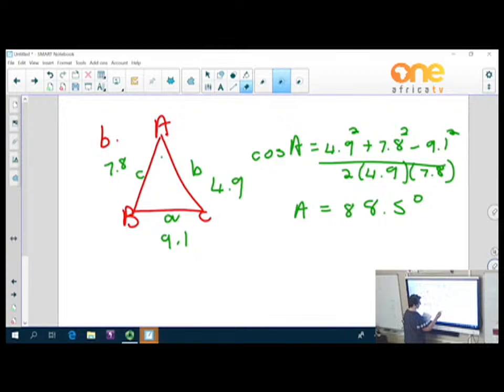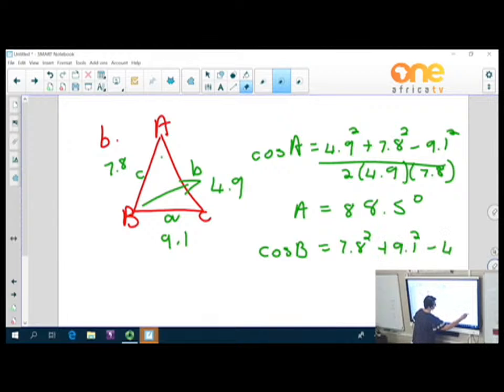Right, let's take number B. Cosine B, which side do you have to subtract? This one, opposite the angle. So this time it's going to be 7.8 squared plus 9.1 squared minus 4.9 squared over 2 times 7.8 times 9.1, second function cosine. We want the value of B, and my B is